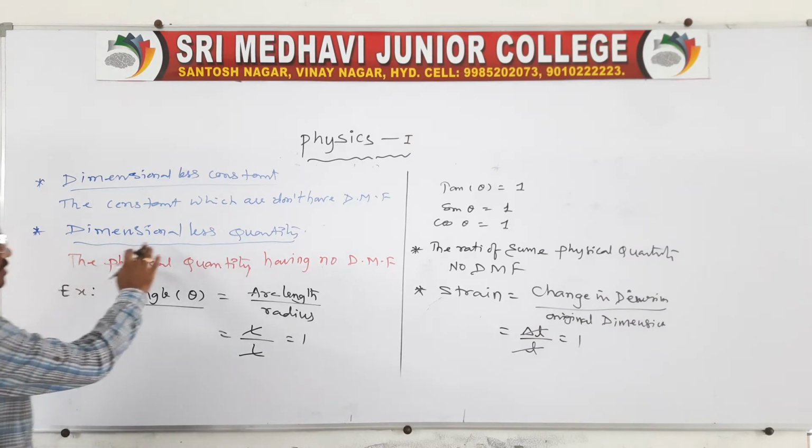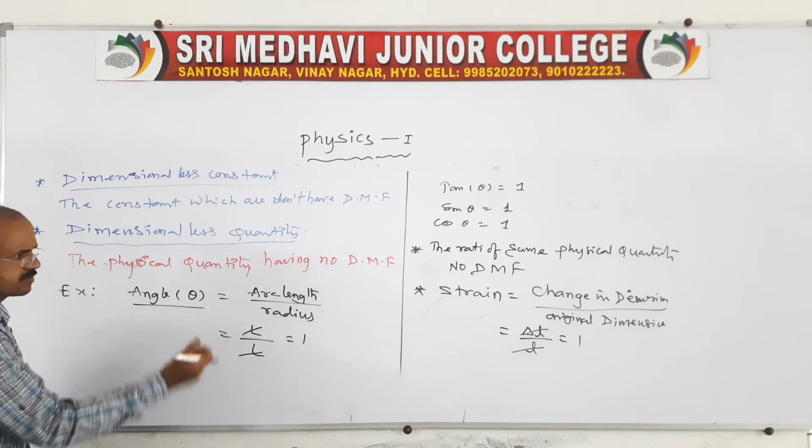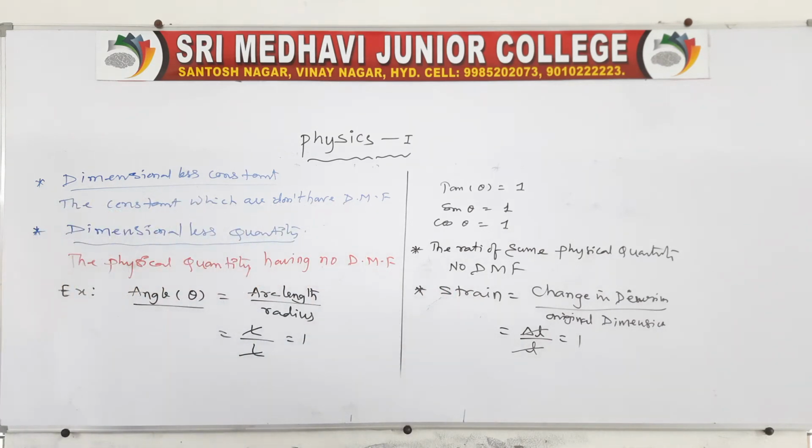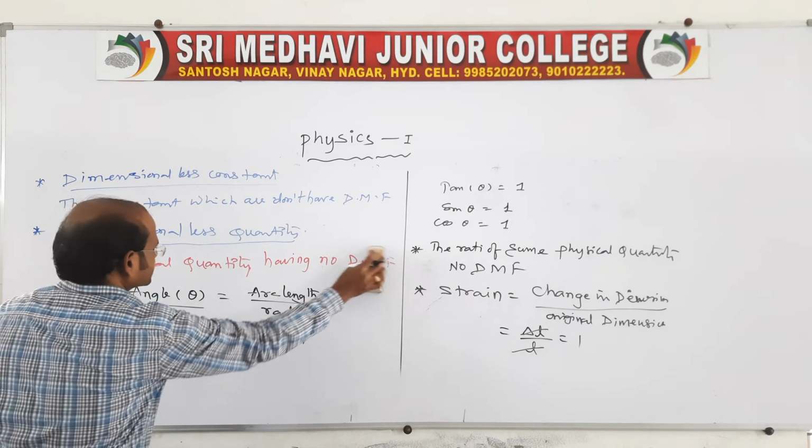Like this, we can say there are dimensionless quantities, because angle is one such quantity, strain is also one. We have other examples too. I'll give you the quantities which do not have a dimensional formula. First one is angle, second is strain, third is relative density, fourth is the coefficient of friction, and next the coefficient of restitution and Poisson's ratio. These are dimensionless quantities.